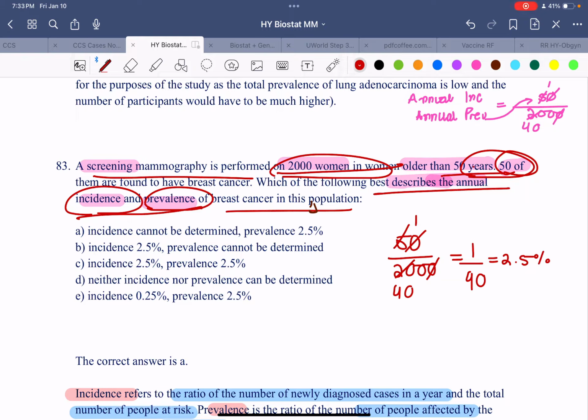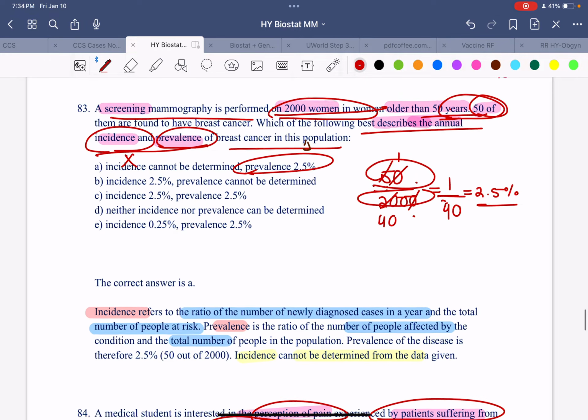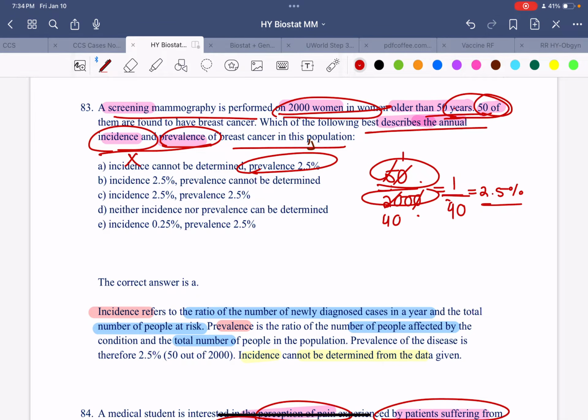So these are the people who already had it, right? They were just tested and then they came to know that they had breast cancer, right? So for this particular year, the prevalence can be calculated as the number of cases that were found divided by the total population, which is 50 divided by 2,000, and that would come up to 2.5%. So the prevalence is 2.5%,